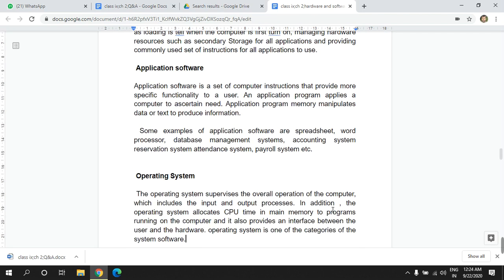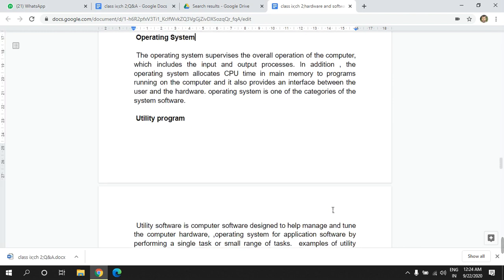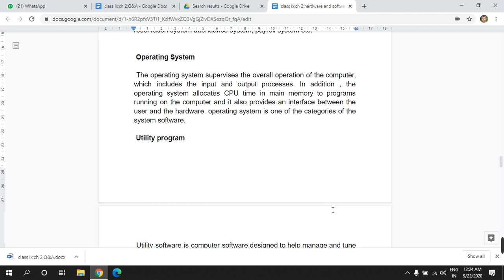Now there is another type of software which comes under the category of system software, called the operating system. The operating system is a very important software, without which a computer, a mobile or a laptop is lifeless. So first we have to install an operating system. An example is Windows.